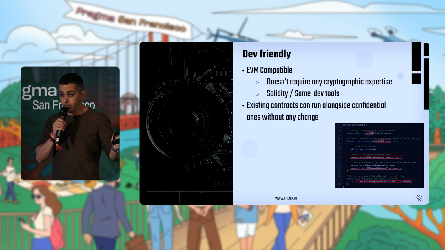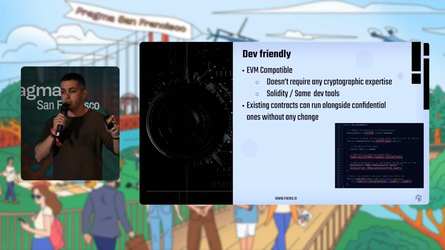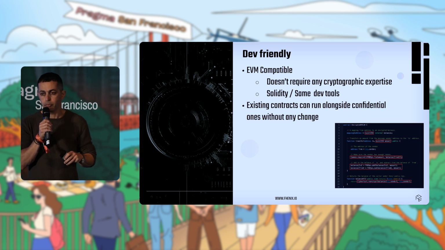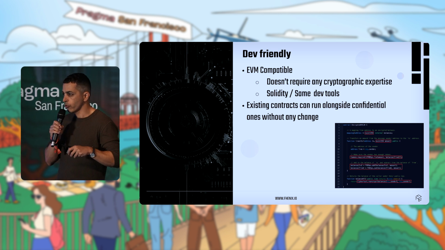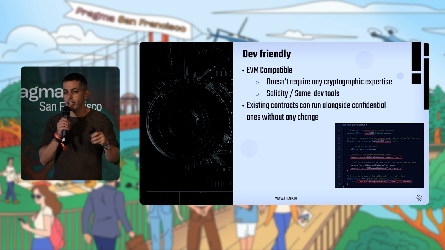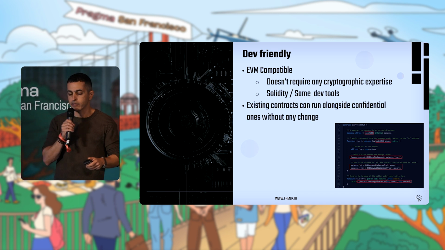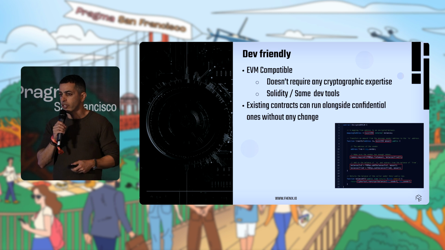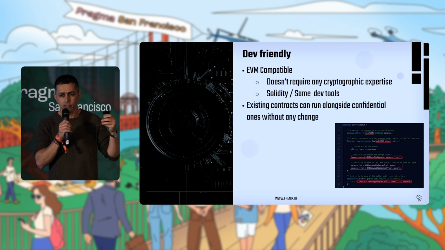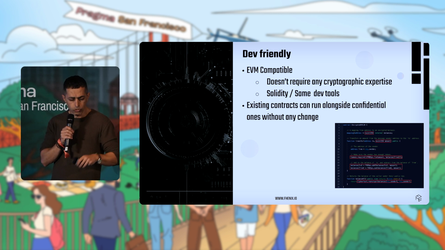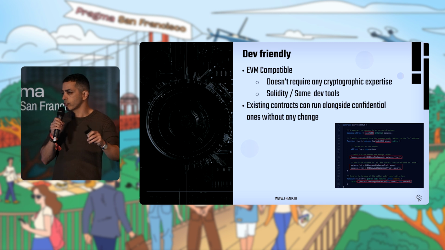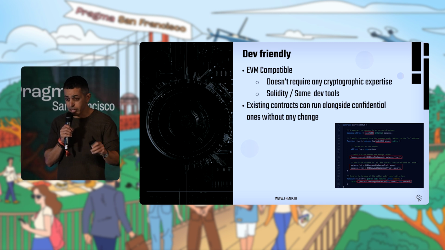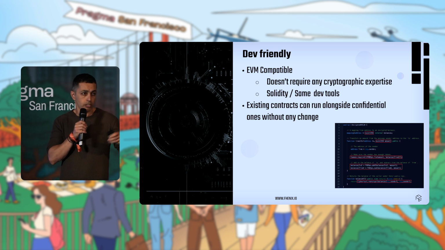So FHE has been out there for 15 years, always been associated with two significant problems. The first one is complexity. We are at this point in time where FHE is no longer complex. It's very easy to build on FHE. We have FHE VMs. Developers can build in Solidity, use the same tools, Foundry, whatever they use today to build on Ethereum, they can use. They just decide what they want to encrypt and decrypt. It's very easy to use FHE.